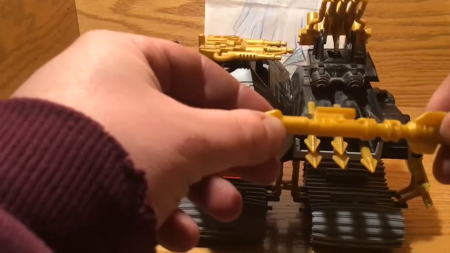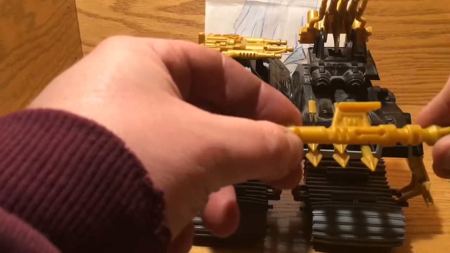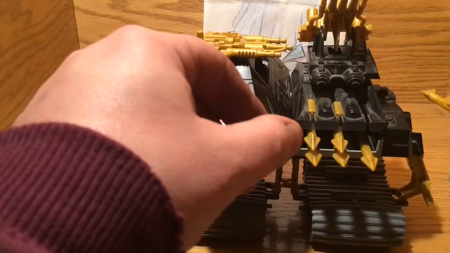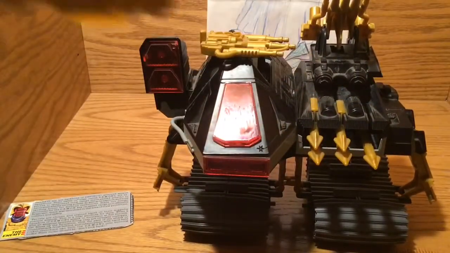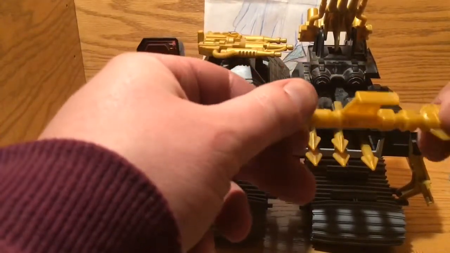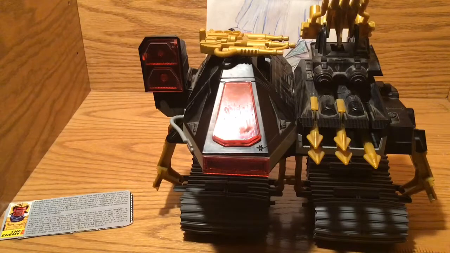So here's the missile. It does have a universal dumbbell peg, but I don't know. There's nowhere to put it on there that has the peg. And I've tried to put it on another vehicle, and it really just doesn't fit on there very well. So I'm not sure what that was for, but you know, it's kind of cool. Oops. And I'm going to take off